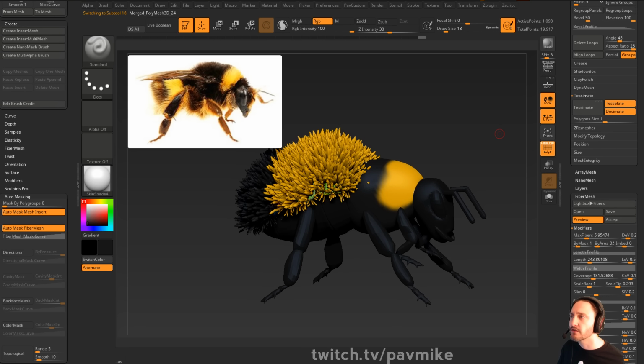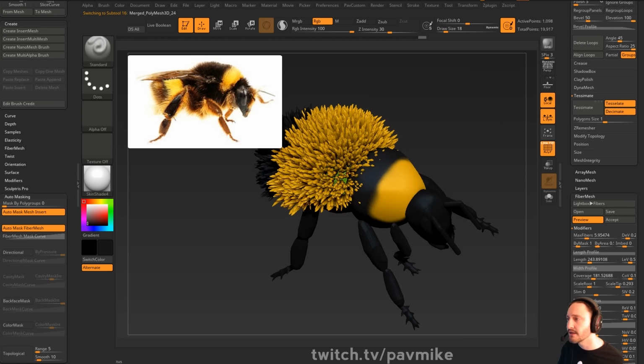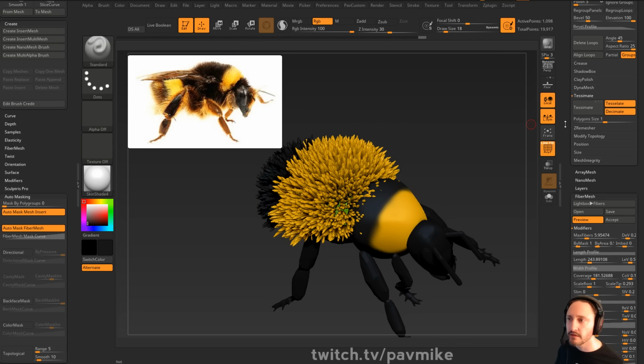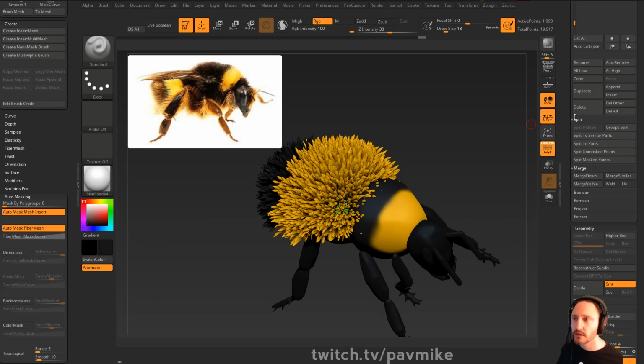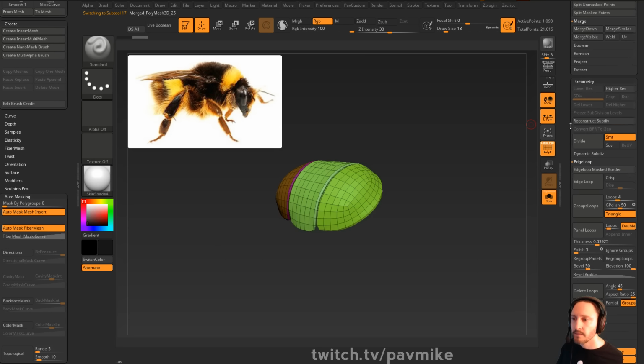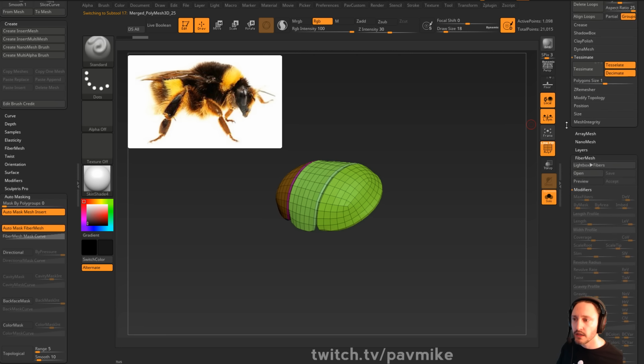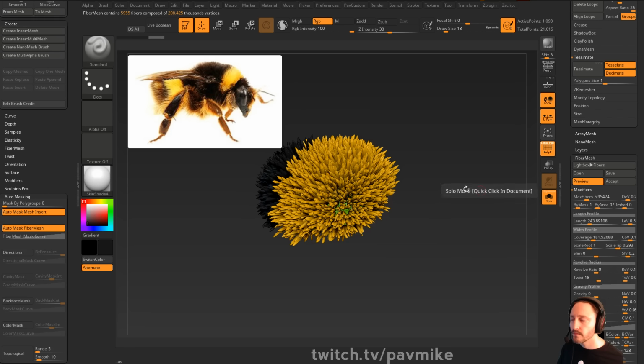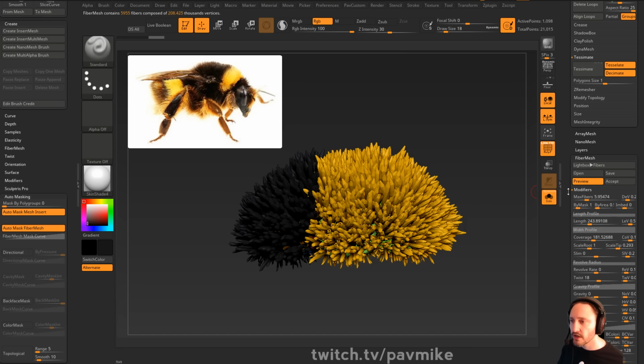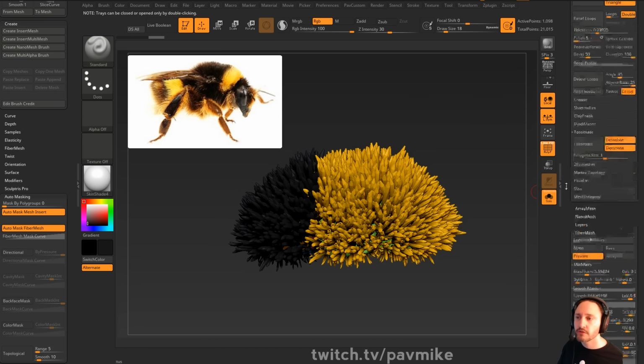Now, where the hair's a little bit sparser, and again, if we're just talking about 3D printing, dial in your settings to get you the chunkiest version. You know what, we'll talk about this. So what I can do is I can duplicate this off, and we can turn on Fibermesh here. And if we just want to turn this into real geometry, you can go over here to geometry,